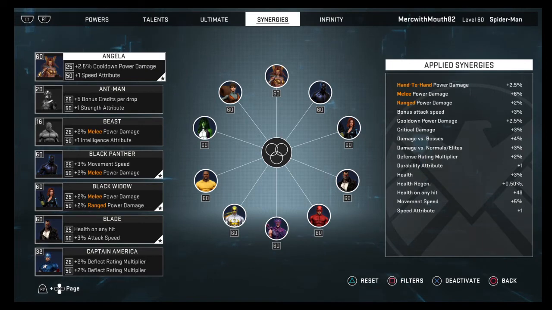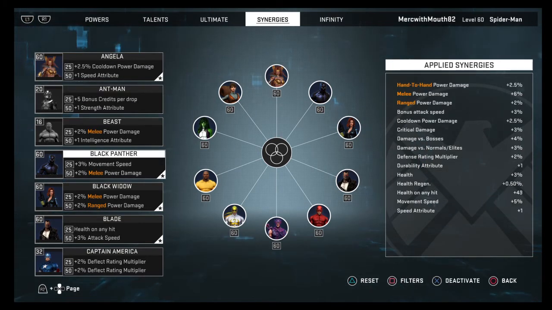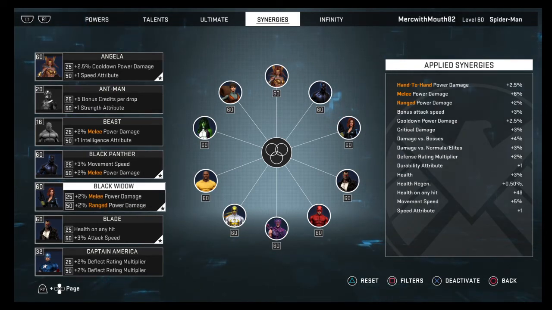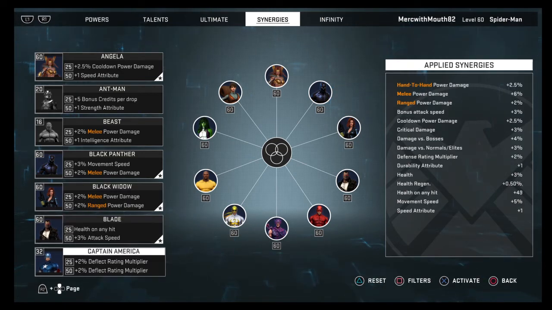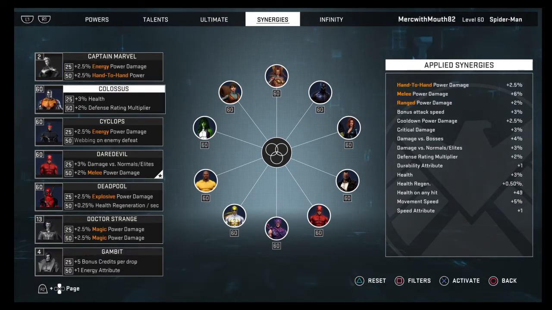The synergy is pretty basic. Angela for more damage to cooldown powers. We have Black Panther for more melee power damage. Black Widow, again, more melee and also ranged power damage. Blade for health on hit and attack speed. We have Daredevil for